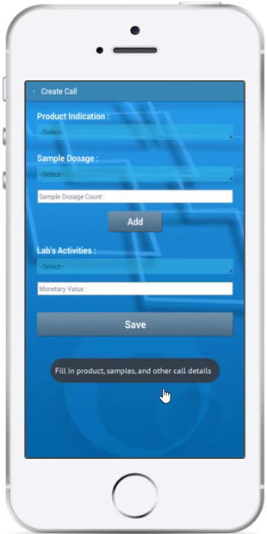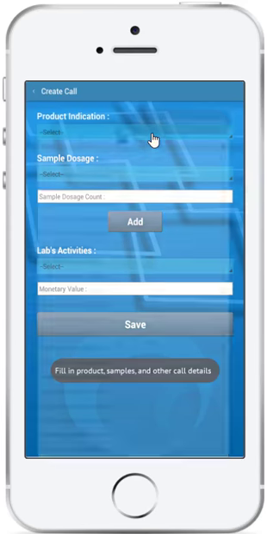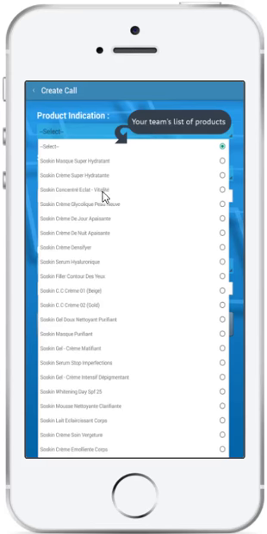The second screen shows the product indication, which is the product that has been discussed in the call, the sample dosage, and the lab activities. We will select the product,